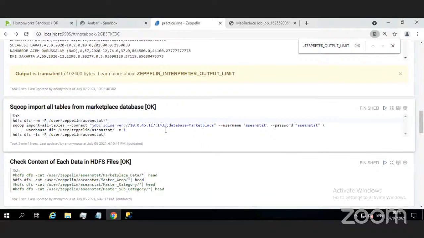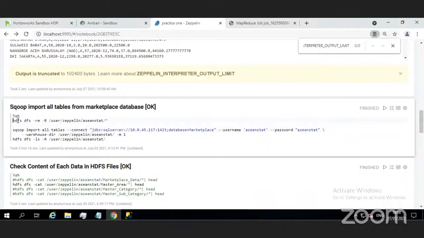So I will specify the remove directory of marketplace data. You can see in here, I specify the command HDFS dfs -rm, option recursive,